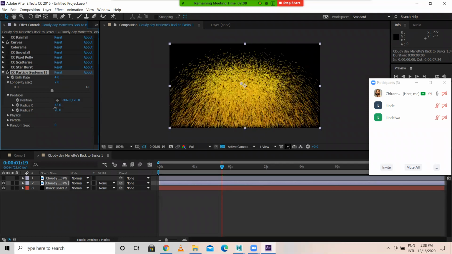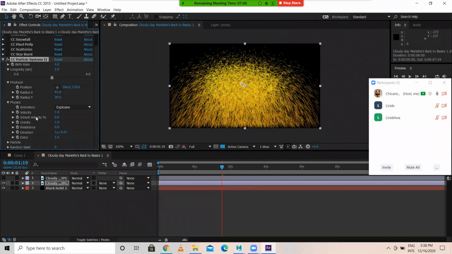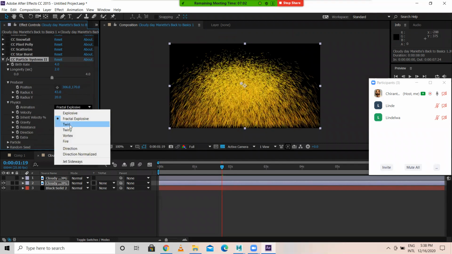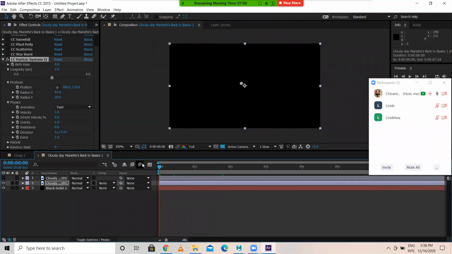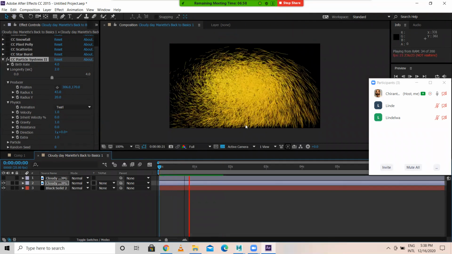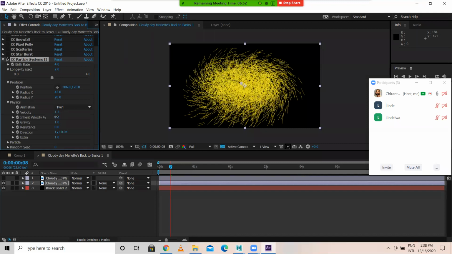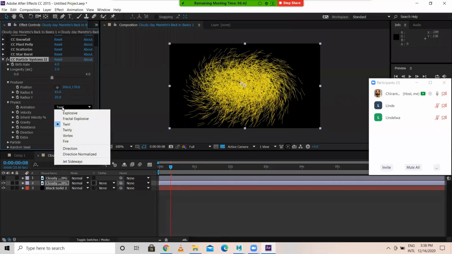Okay, so physics, you have a lot of options, like explosive or fractal explosive twirl. Okay, so when you play this, you get this kind of twirl. Velocity can increase. Inherent velocity is nothing but, by default, initially what speed is there, that will carry. Okay, that's how it is.